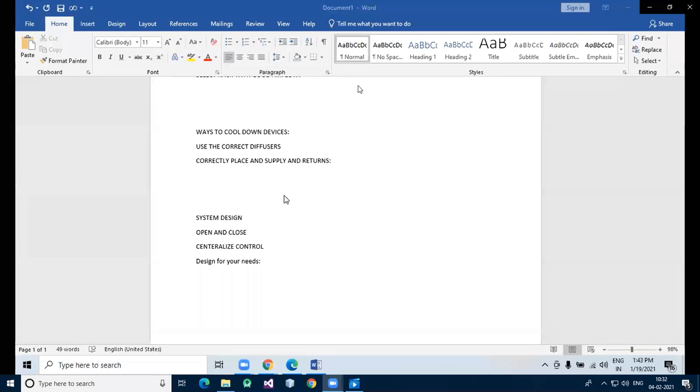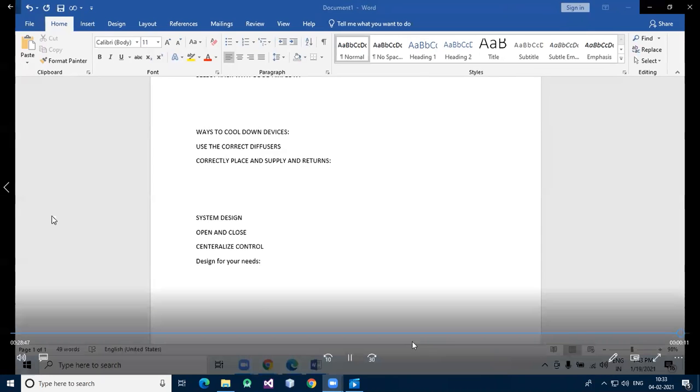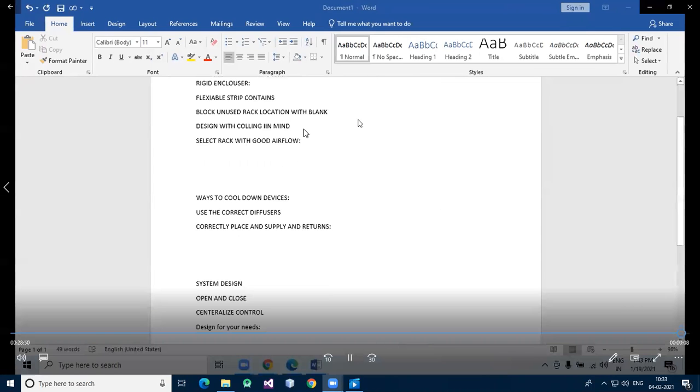If we emit more carbon dioxide and use more hazardous substances, it will badly impact our environment, so we are trying to reduce it. We are trying ways to cool down devices. We use the correct diffusers, system design, open and close, centralized control, design for your needs. Whatever you require, only that you have to design, not extra, not minimal. So this is all about cooling and power use.